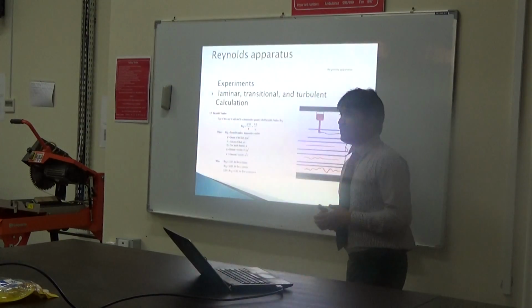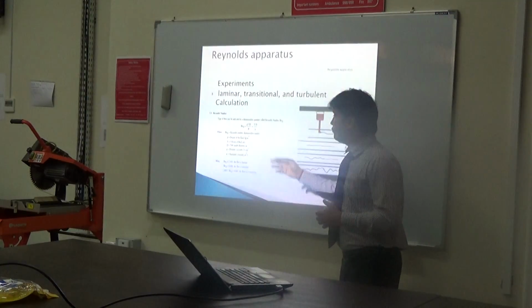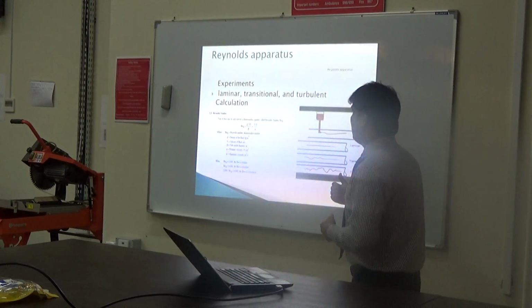Now let us discuss the definitions and how we can use the formula. There is one standard formula calculated by Reynolds. He was